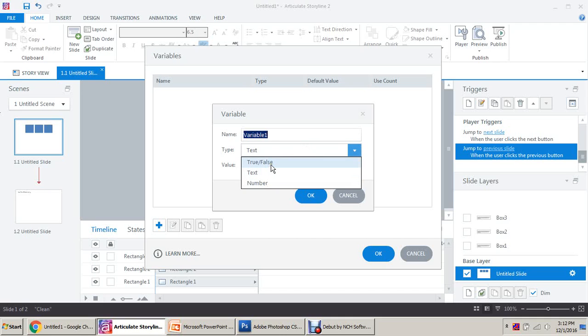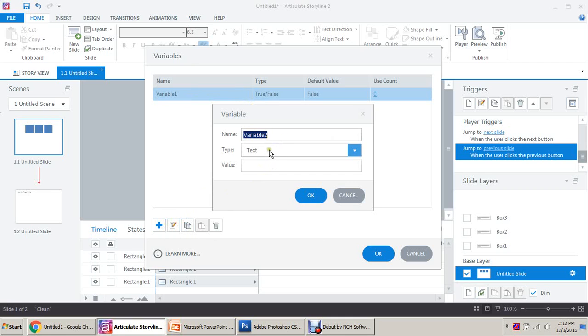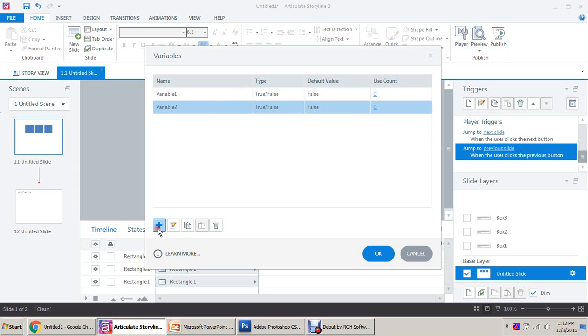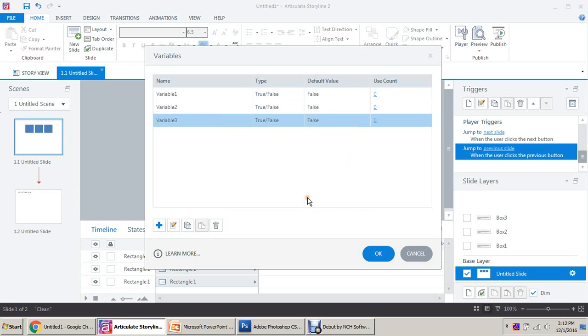Let's insert the variable true or false. So variable 1 type would be true and false, and the default value should be false. Variable 1 is false. Again insert one new variable, variable 2, true and false. The value by default of this variable should be false. Again create a new variable, variable number 3, true or false. By default it should be false again. Okay,